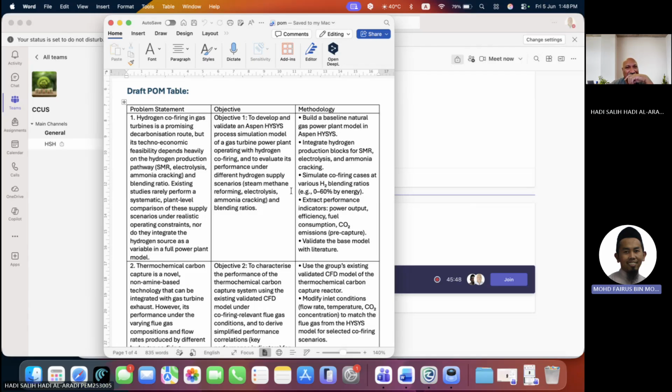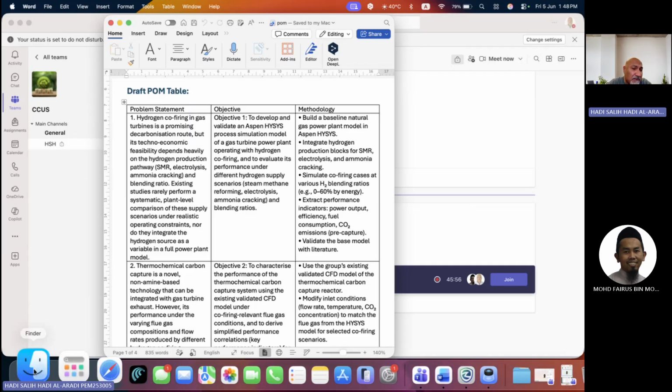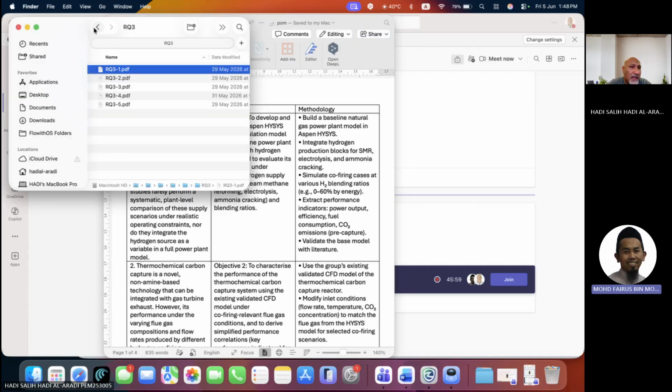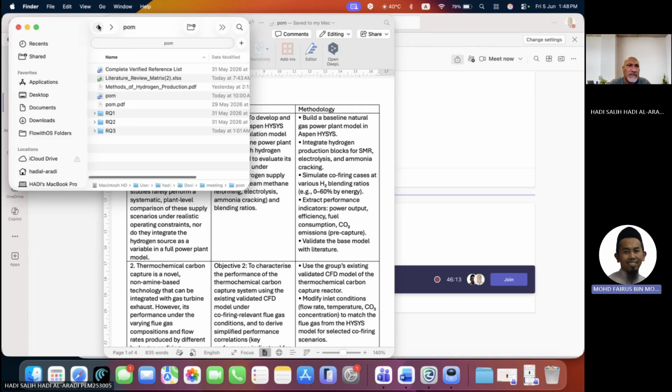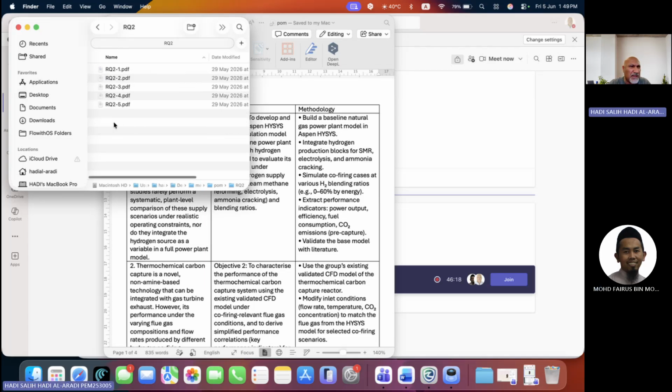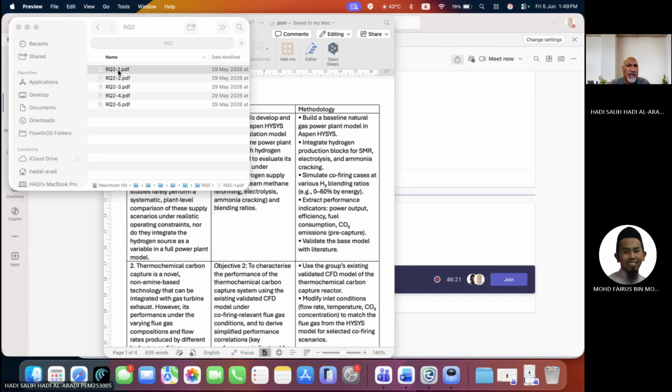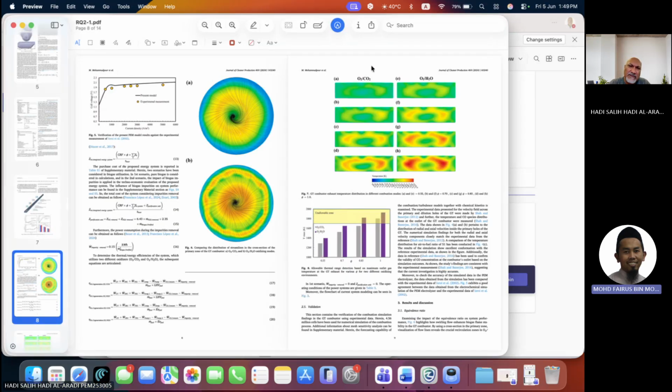So what happened to the first paper that you talked about? Did that paper reveal the name of the model of the combustor? Yes, it was an annular. But did it mention MHI or Siemens or anything like that? I don't remember, but I think they mentioned Siemens. If they mentioned Siemens, then they must have got some authority from Siemens to do that study.